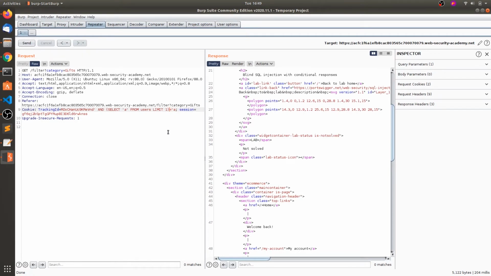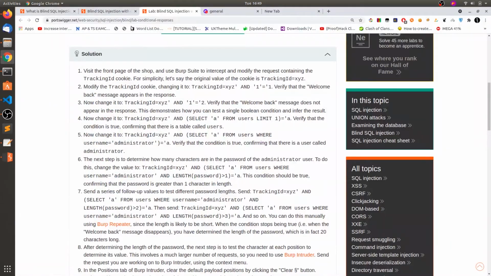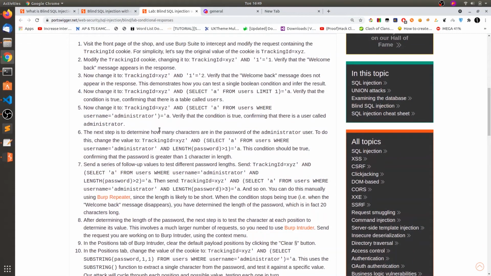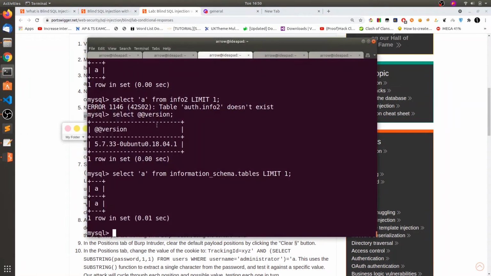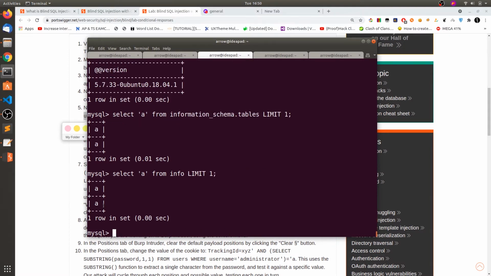Okay, now we are going to select. First we need to find the column names. In the solution they did not give how to find the column names, they just said that there is a username column. Now my methodology is select info. So we get the A column, right?